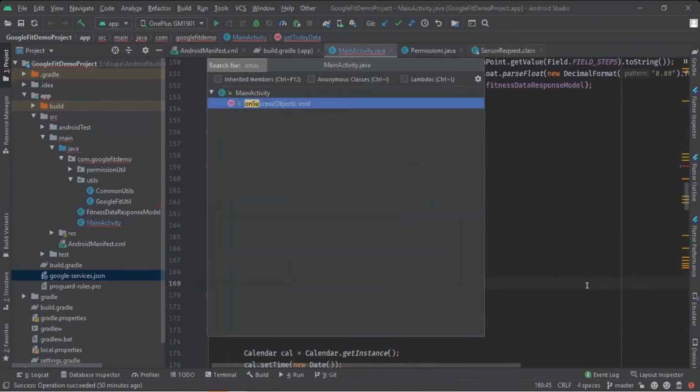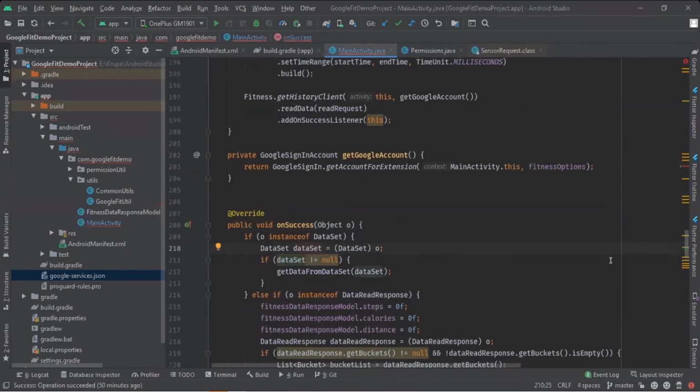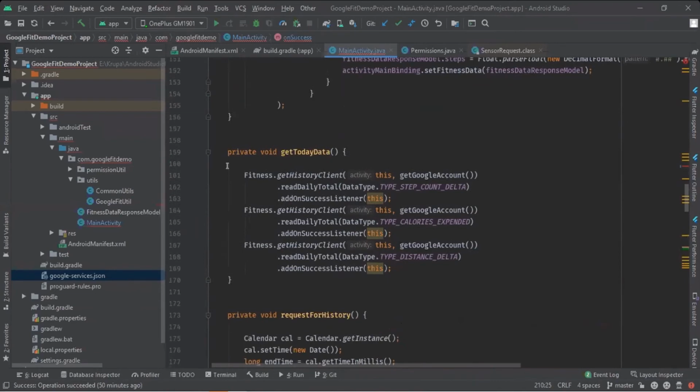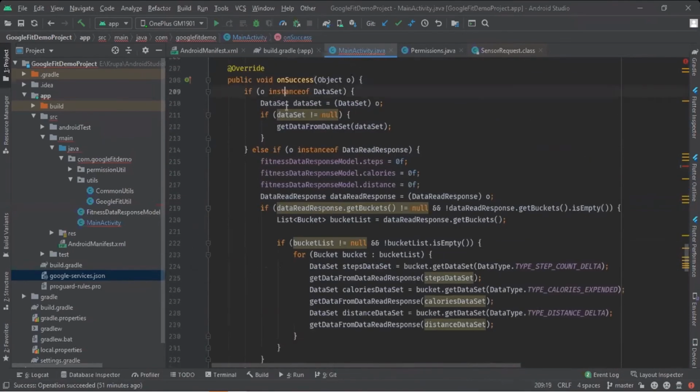Add the onSuccess method of that listener. So I'll get that data here. Whenever this method is called and I get the callback from the listener, I'll be redirected here and I'll get the data set object from the readDailyTotal request.